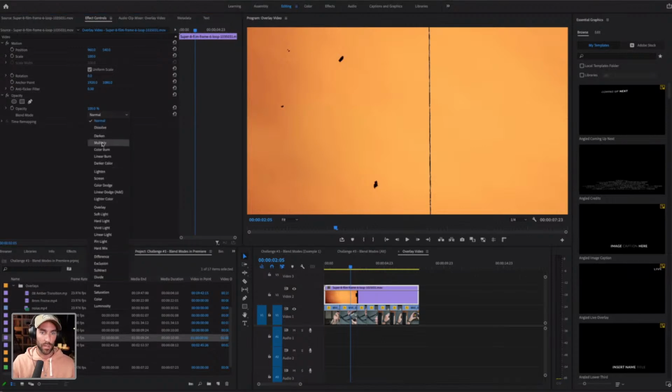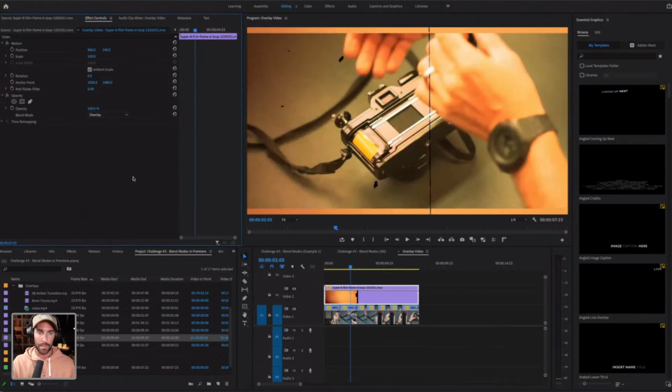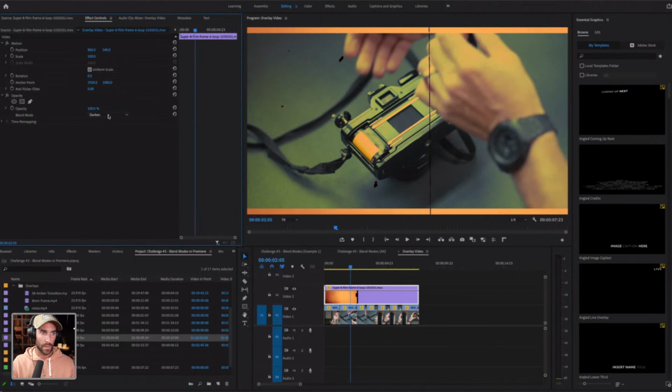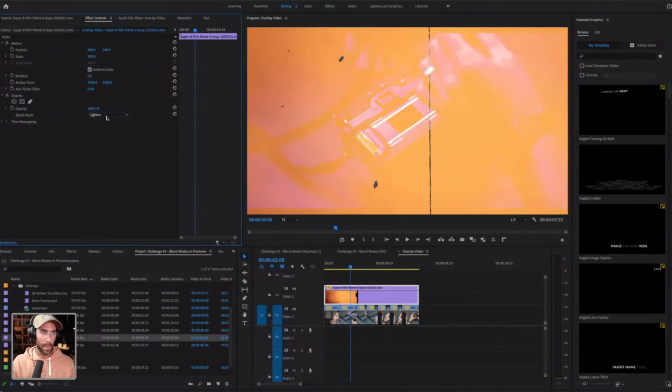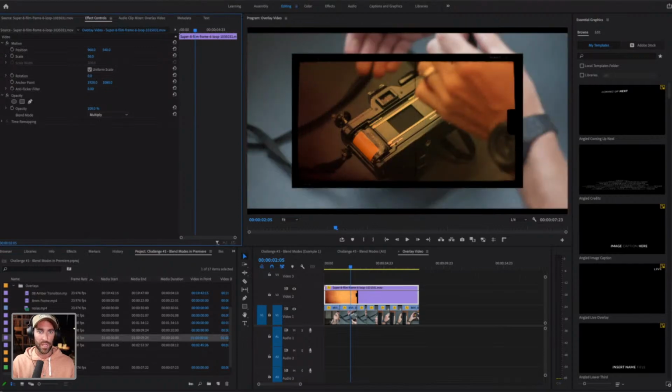So we're going to come to normal. Let's try multiply. And okay, that looks kind of cool, but I think we're still losing some of that corner here. So let's go maybe overlay. Overlay is not quite what we want. Let's go to darken. So you just come in here and you start playing around with some of these options. Screen. Let's go multiply. And what we're going to do is actually scale this out, because right now all we're seeing is